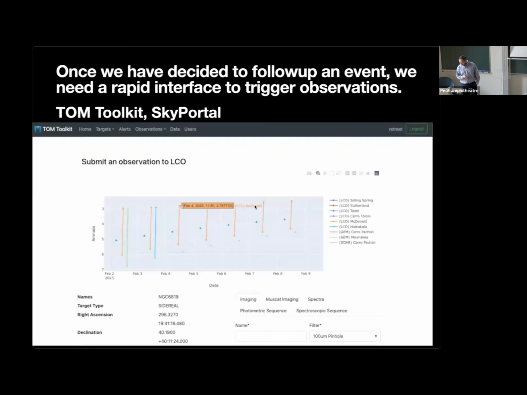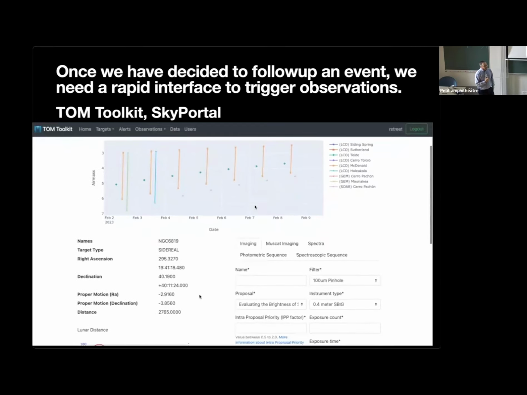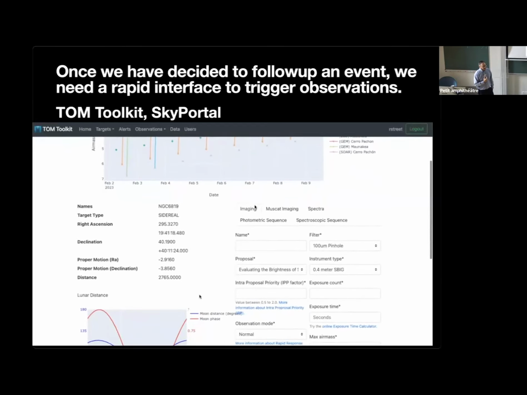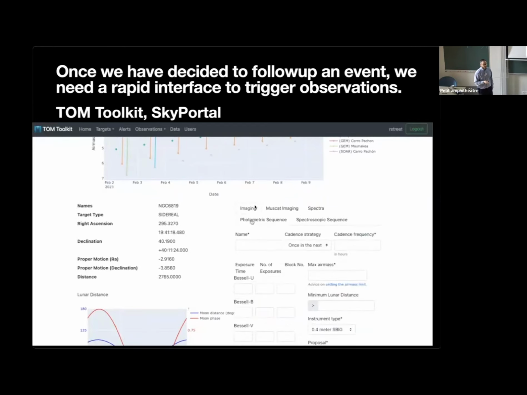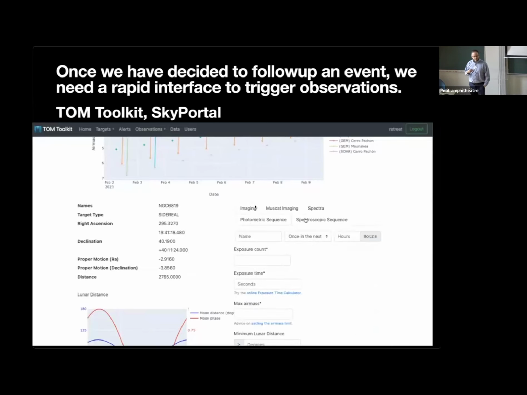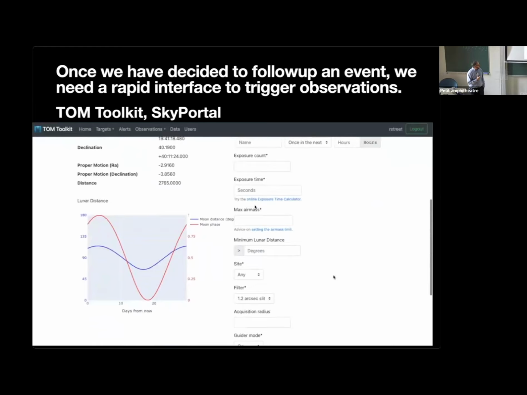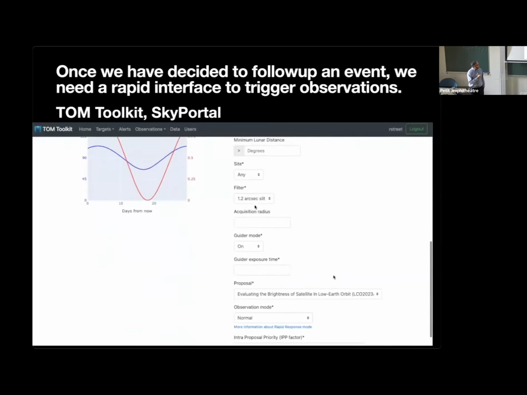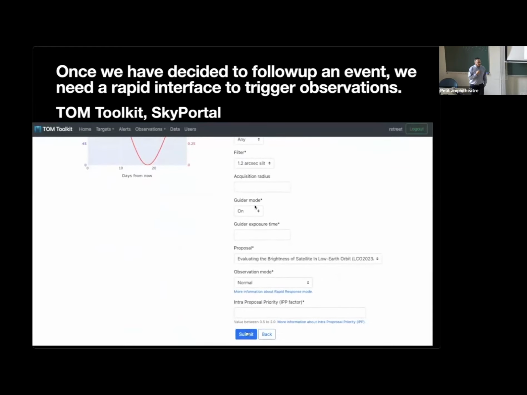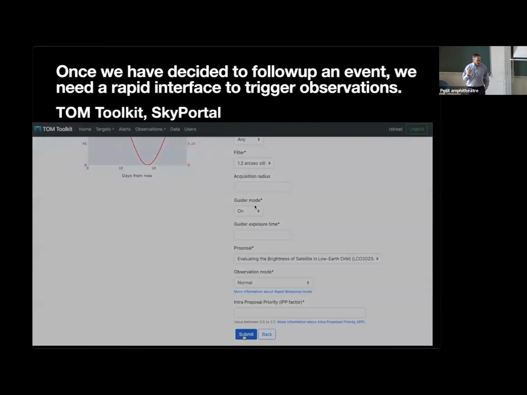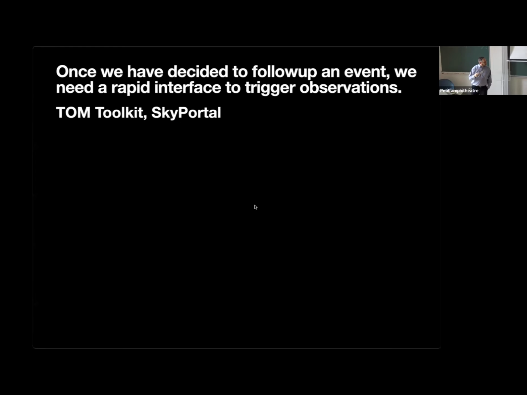I'll talk a little bit more about some of the other telescopes, but you'll notice that this has submitted an observation to LCO. LCO is near and dear to my heart, which is Las Cumbres Observatory. Partially near and dear to my heart because they pay me a paycheck. This page directly interfaces with our systems, and it allows you, with just a few clicks of a button, to submit observations to go on our network of telescopes.